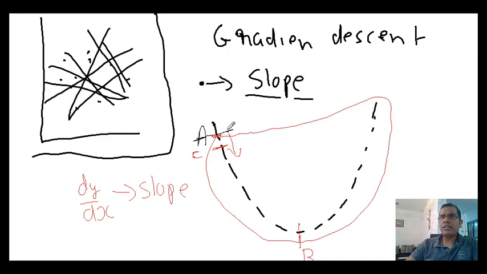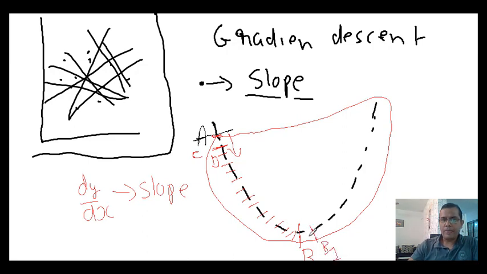So similarly you continue in this direction. You go to point D, then you go to point E, and you keep on going till you reach point B. And beyond point E, let's say you come to this point B1. Then probably your errors will start increasing and your algorithm will say, okay, your optimum point has been left behind.